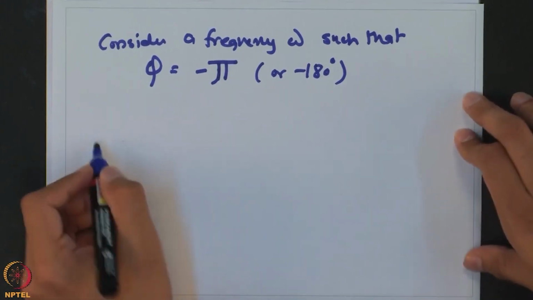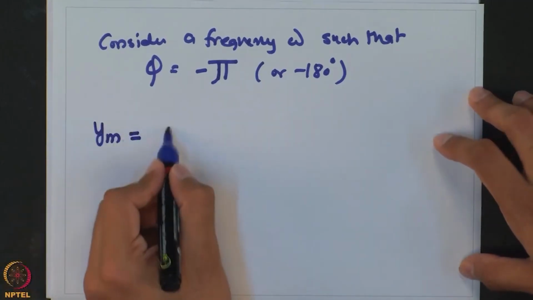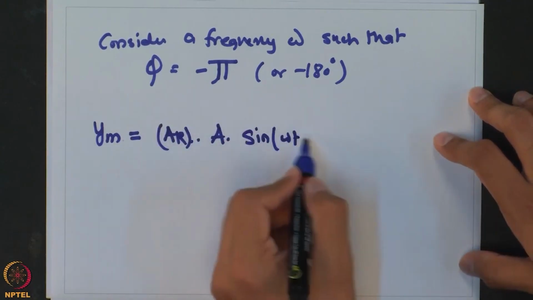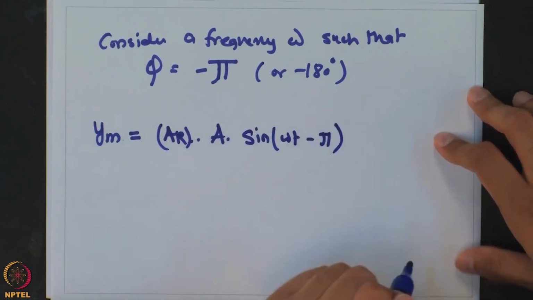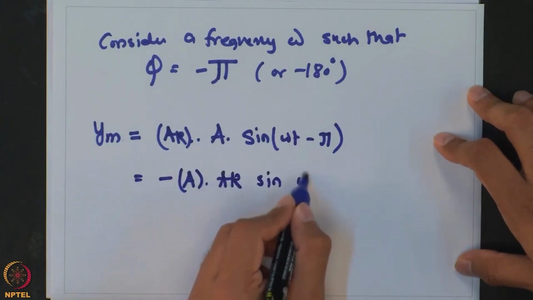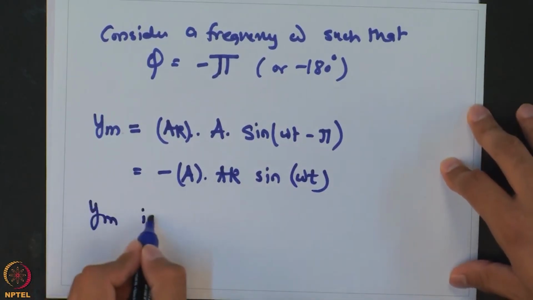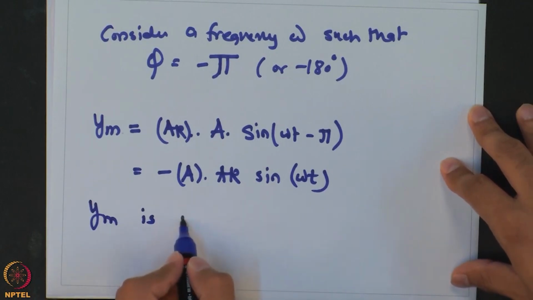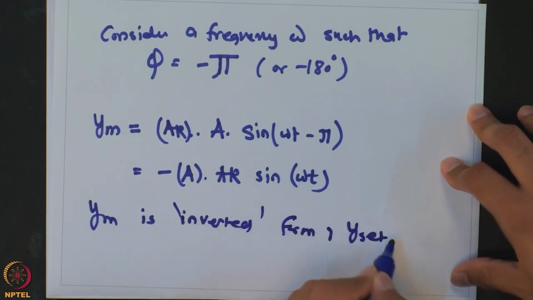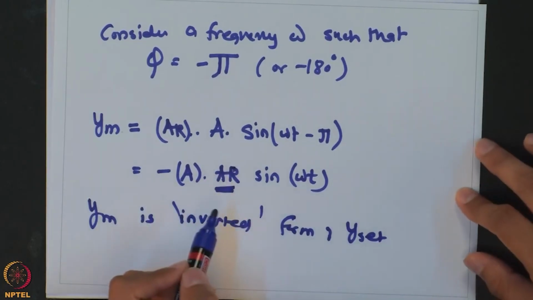So, in that case, if I say Ym will be equal to whatever is the amplitude ratio times A into sine of omega t plus phi, omega t minus pi. So, it is going to be equal to minus A times AR sine of omega t. So, what we are seeing is, this Ym is inverted form of y set because it is minus, and we have some magnification or reduction in terms of amplitude, but